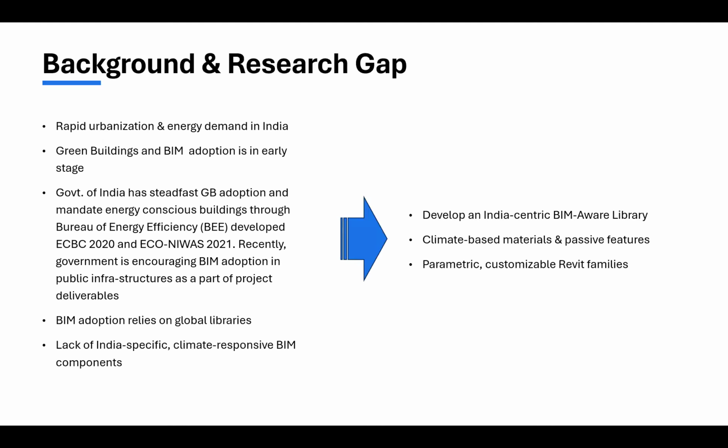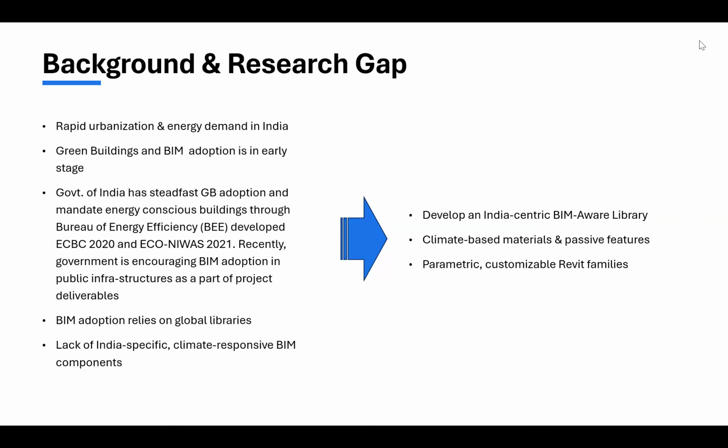To begin with, as we know, our population has risen to be the topmost in the whole world. With that, the energy demand for urbanization and for creating more housing stock has increased, and to mitigate urban heat, we are also acquiring more and more air conditioning. To address this issue, the government has mandated the adoption of green buildings and BIM, but there are still some failures in this adoption process. Mostly, on the BIM part, we rely on global libraries, and region-specific libraries are missing in the current context. So this paper mostly talks about